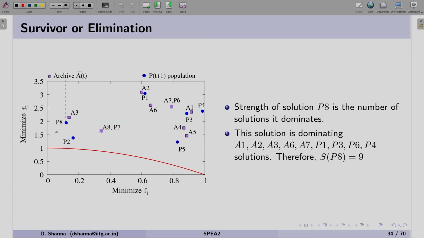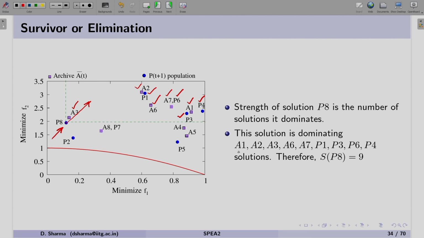In this case, we have chosen the solution P8. To calculate the strength, if I take P8 and look into the first quadrant with respect to P8, the solutions A3, A2, P1, A6, A7, P6, A1, P3 and P4 are dominated by P8.